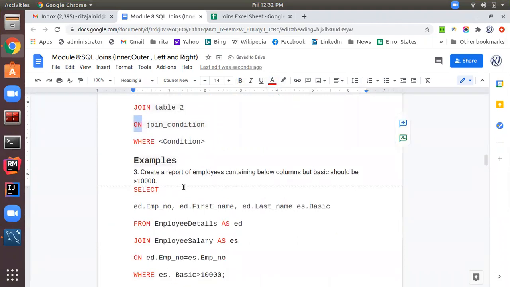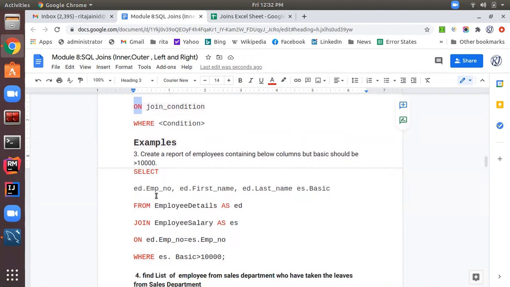Let's suppose we want to create a report of employees containing the below columns, but basic should be greater than 10,000. In the final result I want employee number, first name, last name, and basic salary only for those employees whose basic is greater than 10,000.